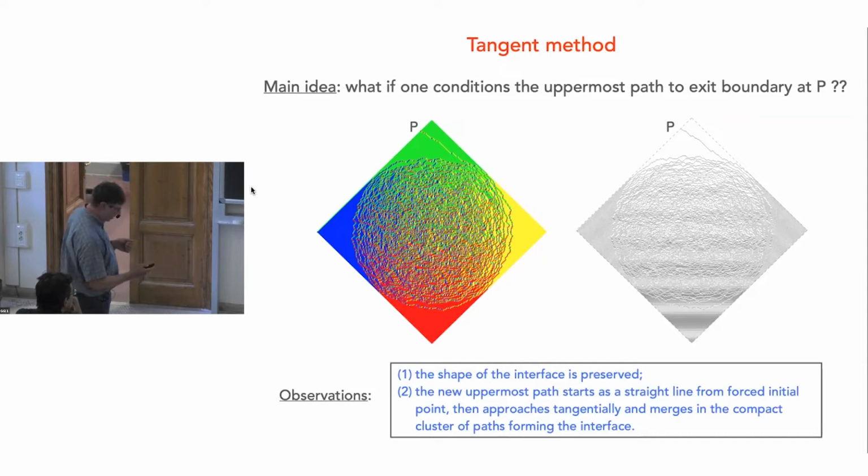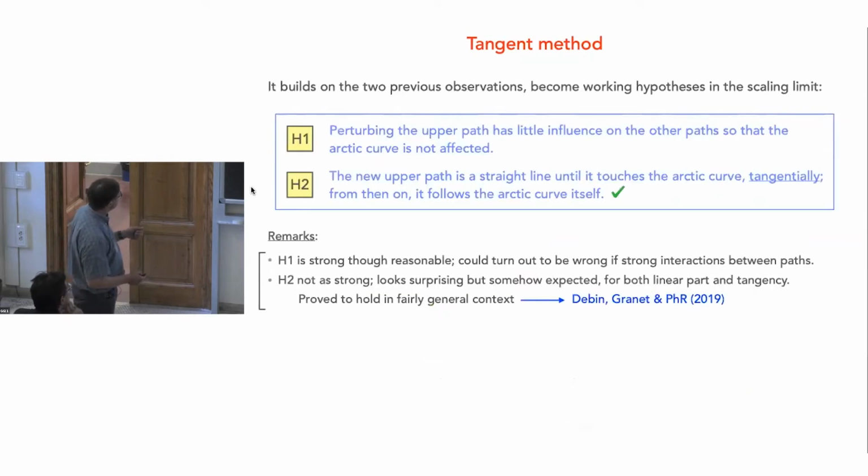And so those are the two basic observations to formulate a little bit more precisely the tangent method, which is essentially based on these two hypotheses. So first of all, if you perturb the upper path, or a finite number of upper paths, it actually has no influence on what the other paths do. And in particular, the shape of the Arctic curve is maintained, is preserved. So that's the first hypothesis. The second one concerns the